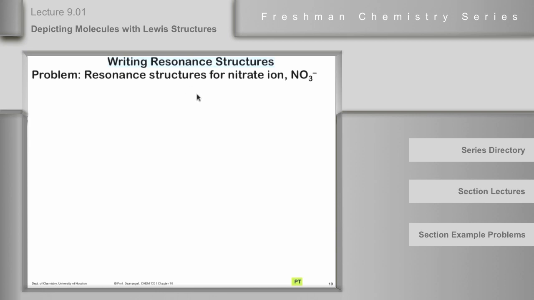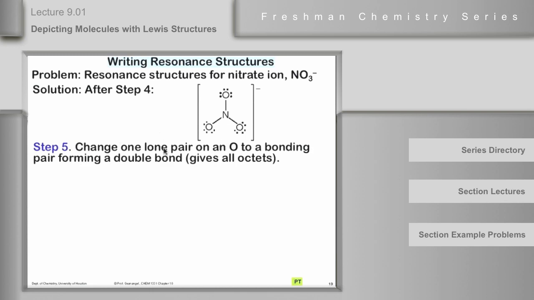Well, the nitrate ion is also an example of an oxoanion that exhibits resonance, and it happens that NO3 minus has exactly the same number of electrons as CO3 2 minus. And up to and through step 4, what you have for the nitrate ion looks like this. A nitrogen with 3 single bonds, but the nitrogen lacks what? It lacks an octet. Thank you very much. So we need to change one lone pair on one of the oxygens to a bonding pair. And when we do that,